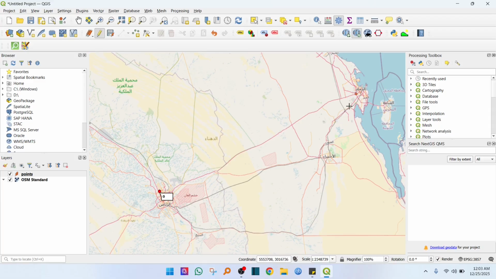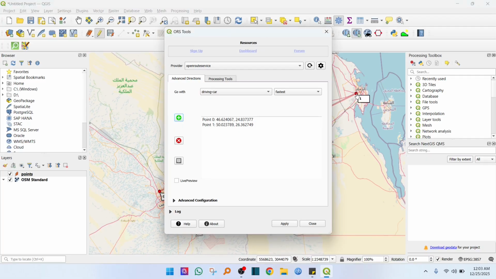Now right click and you will go back to the ORS window, and it will show the coordinates of point 0 and point 1 already loaded into the window. So now we just have to click apply in order to see the fastest route. Click apply,